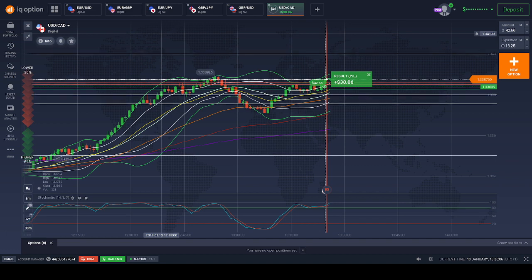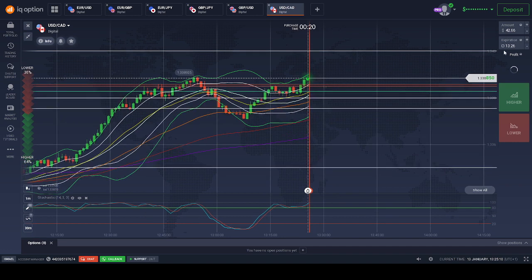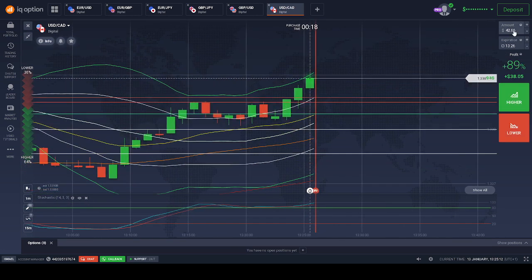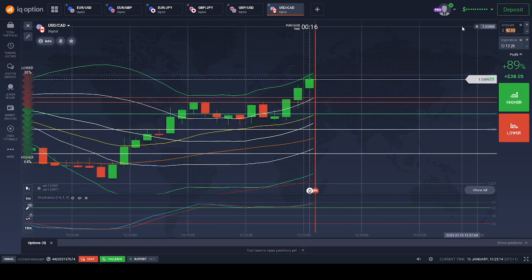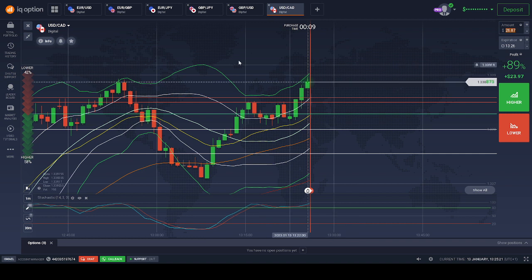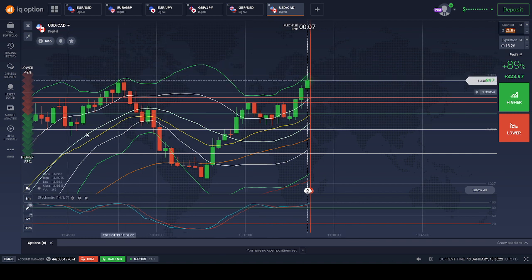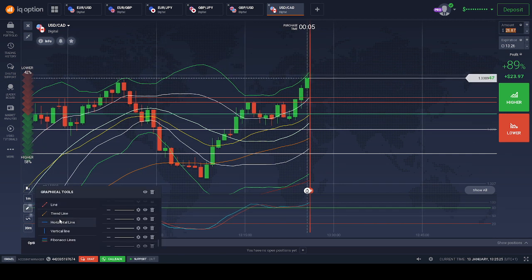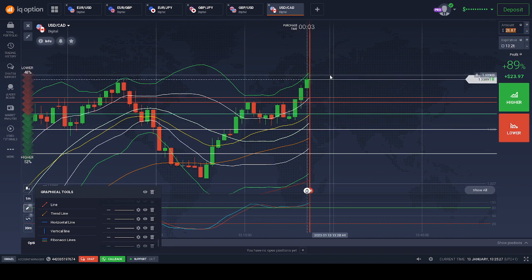Can I take one more? Do I have a hat trick? Let's see. This is three white soldiers. Chance of that. Just above a big resistance area. This is another resistance level. This is a round number.